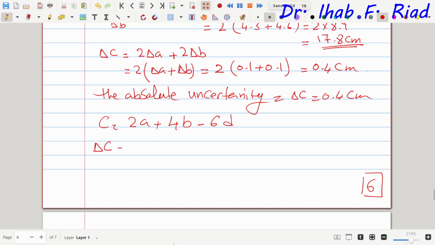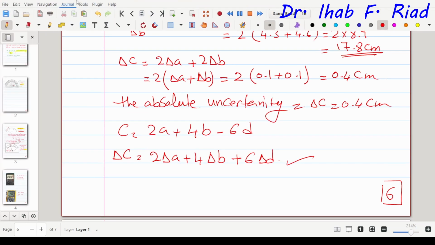Then delta C is going to be delta A plus 4 delta B plus 6 delta D. Okay, this is how we calculate the absolute uncertainty if the measured values are just an addition or subtraction of each other. Okay, what if the values are